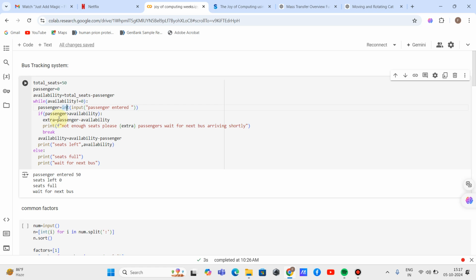So this kind of thing you might have noticed in some lifts, that some people enter even after the maximum limit has exceeded. So the lift doesn't start moving up and it will display how many people have to go out and wait for the next batch to come in. So for that purpose I have used